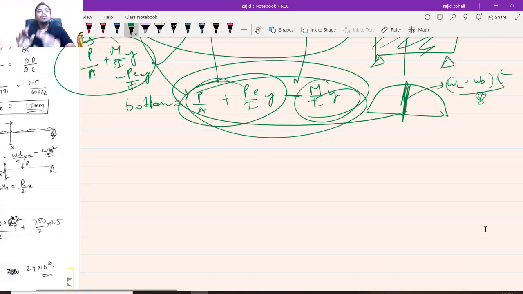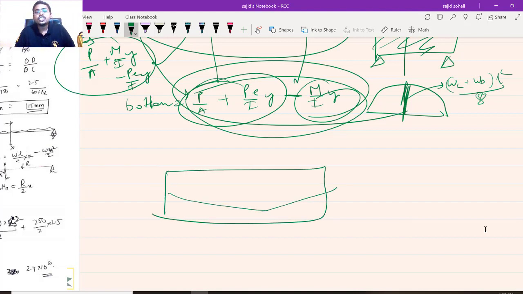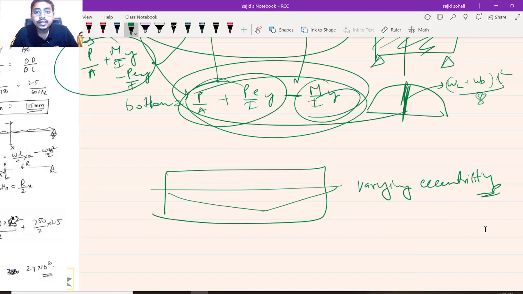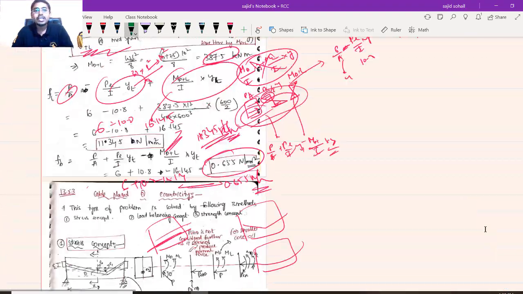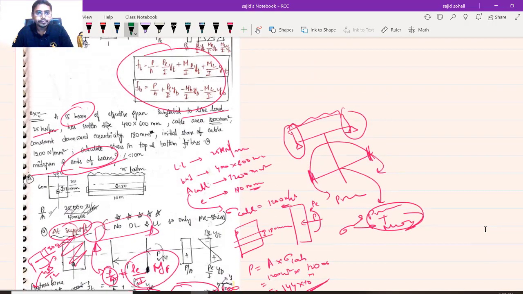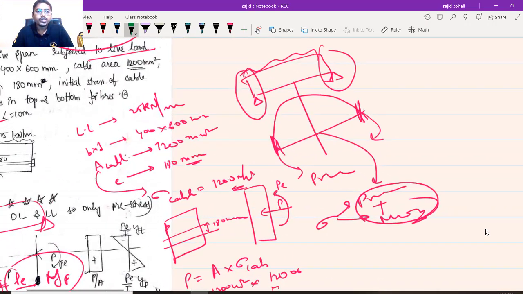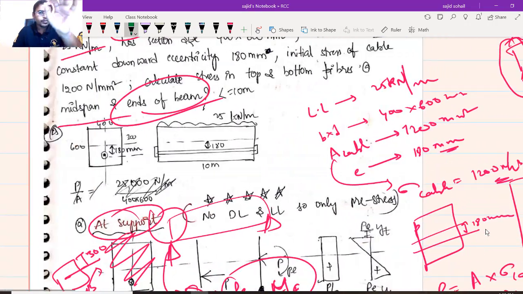So now this is a foolproof concept, but most of the times whatever tendons you are going to see, right, it will be having a certain shape. It will not have constant eccentricity, it will have varying eccentricity. Can you understand why? Let us try to understand. Okay, in the last module we have solved one very important question. I hope you remember this question, right? We have solved this. So in that question, let me give you a brief summary.